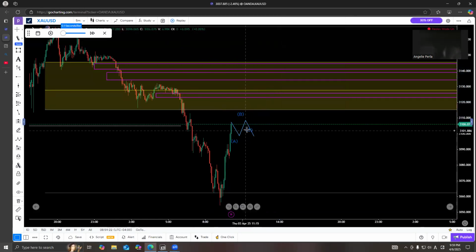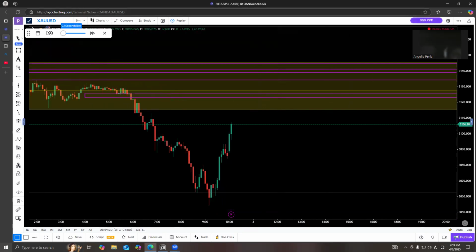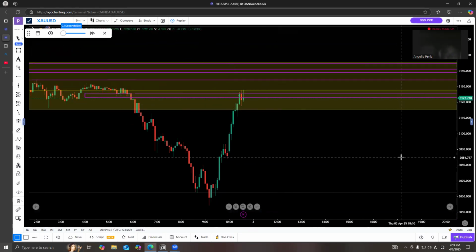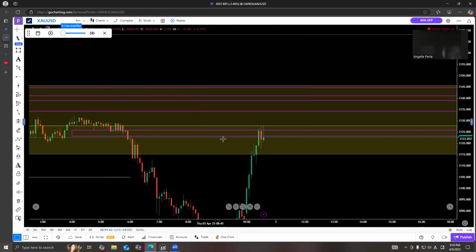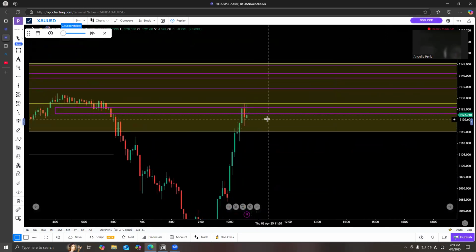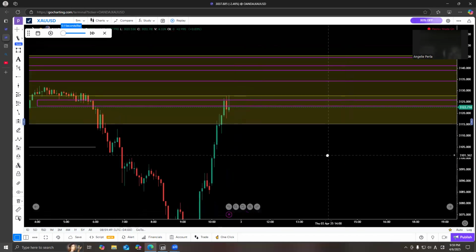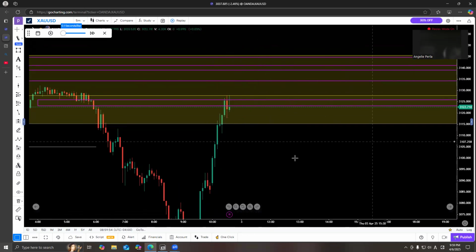But the market did not show its manipulation stage enough. So I am currently waiting for some sort of manipulation in this yellow zone. As you can see, this is a 1 hour imbalance, inefficiencies. So I was hoping there is some sort of data that we can use as a manipulation so that we could take shorts in this particular area.